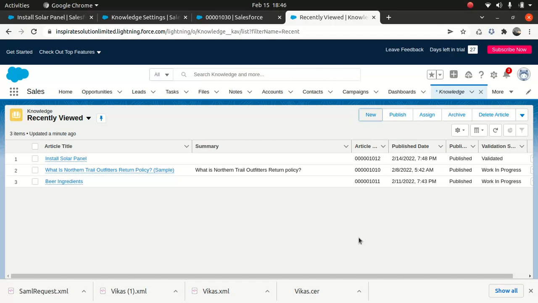But then again, you have to analyze your business requirement. But from an overall perspective, Service Cloud plays a very important role. You know, as you can see, the advantage of using it, and knowledge article plays a very important role. Yeah, that's pretty much what I wanted to cover in this